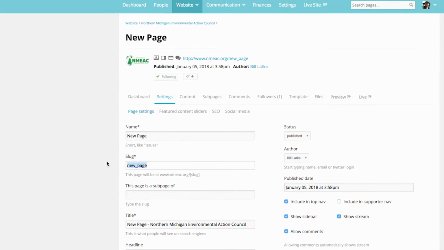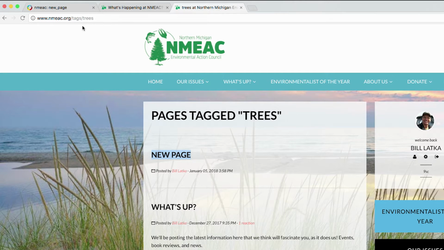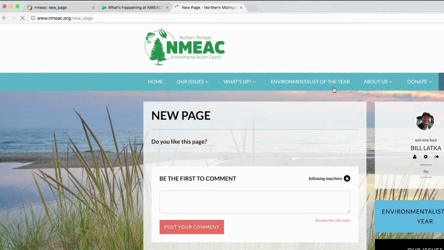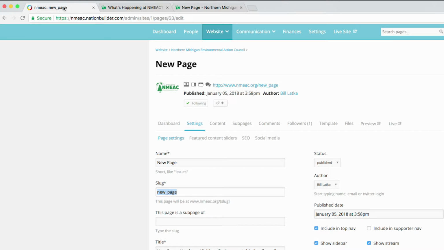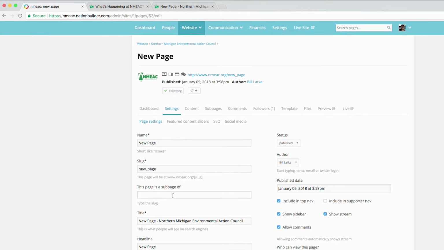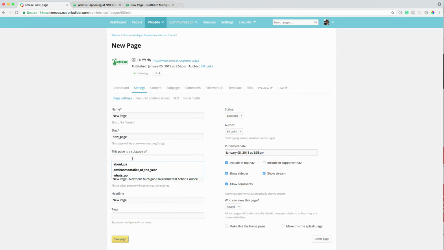The slug is the name of the URL that appears after, oops, I've got to get back to this here. We're still looking at an old page. Right here, this slug is what appears after your URL, after a slash and then the slug. This page is a subpage of. This is where you move pages around to be underneath different menus on your site. So if I say this is a subpage of home,